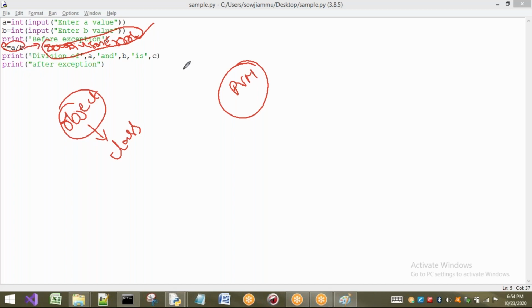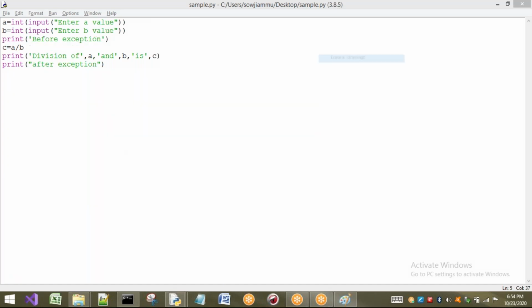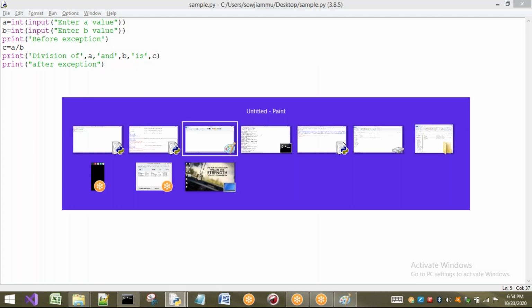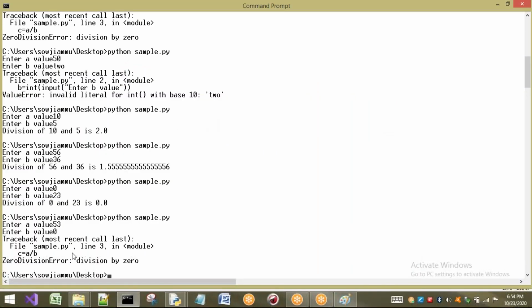After terminating, what is it going to do? It is going to print some message on my console. What is it going to print? It is going to print clearly the information of that exception. So what is it? Zero division error. You are going to get zero division error. At what line? Line 3. This is called a description of that particular error.